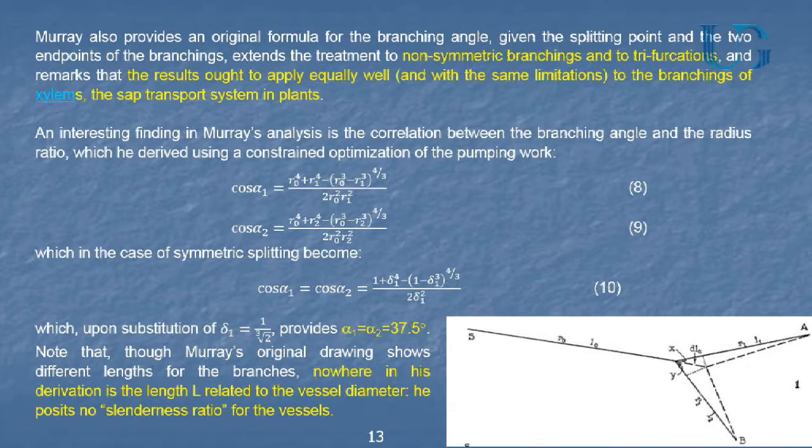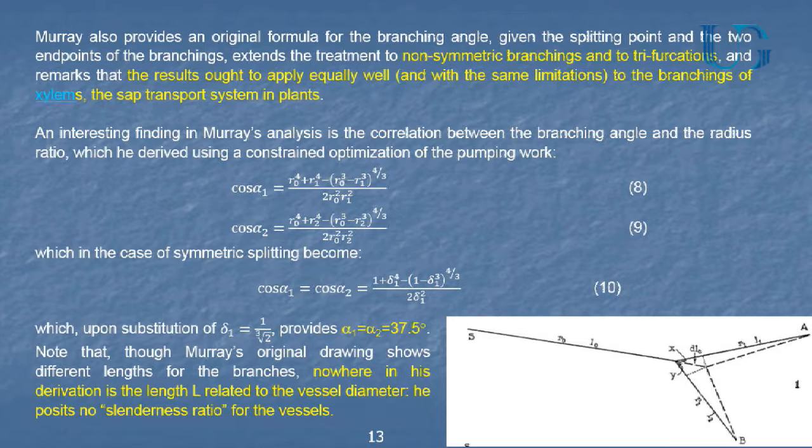For symmetric bifurcations, this is the formula that you derive from his work, which means since you can substitute here the value 1 over cubic root of 2, you get an angle alpha 1, alpha 2 for symmetrical